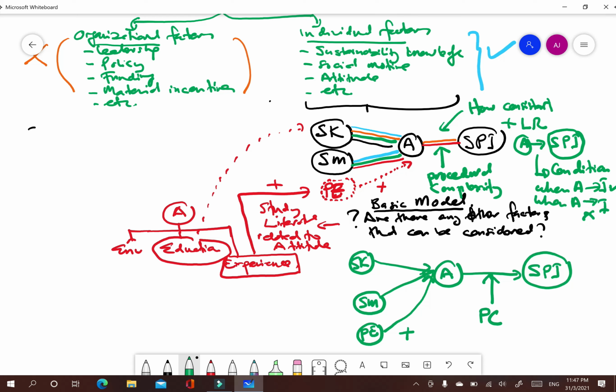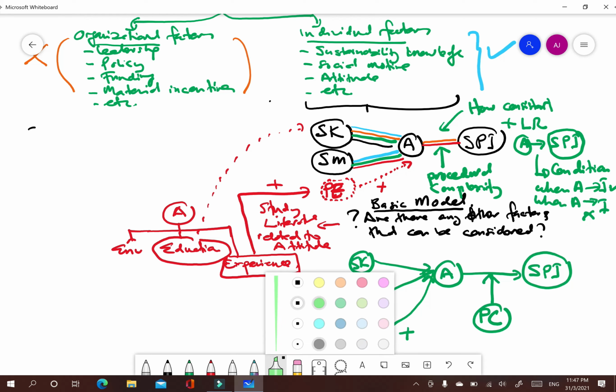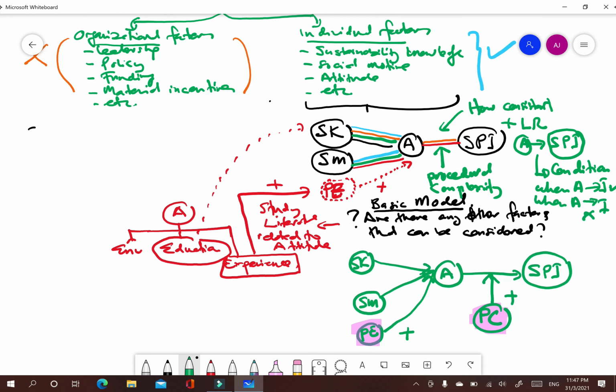So now these are the two variables that we added to modify the current framework. Basically these are what we call the gaps that we fulfill: gap number 1, gap number 2.